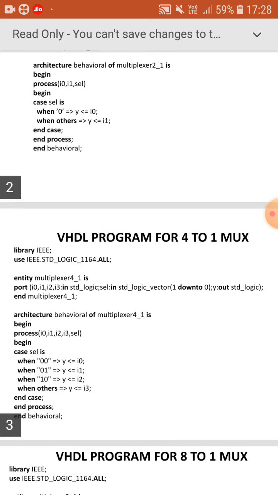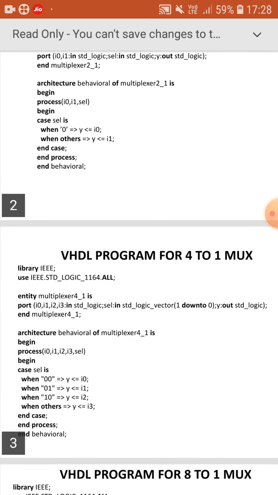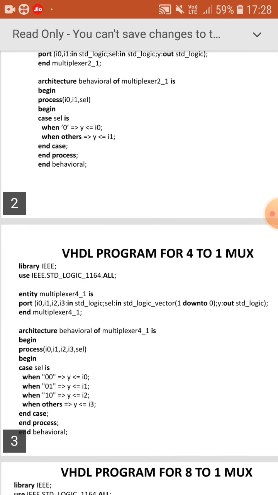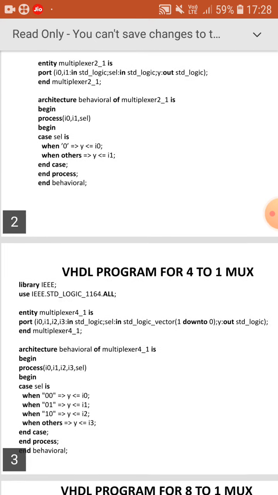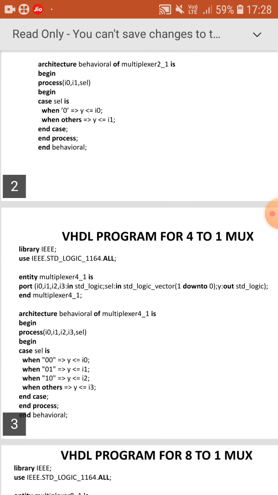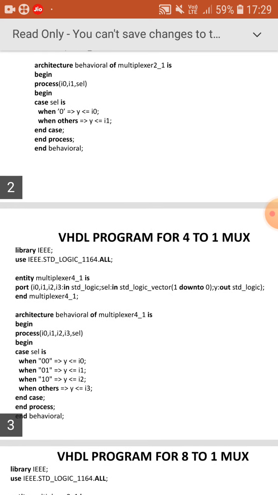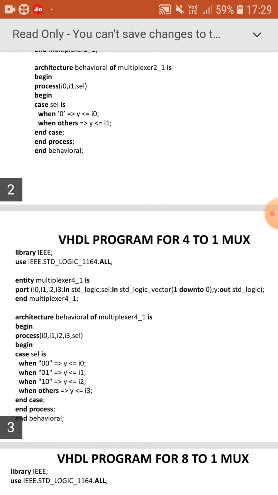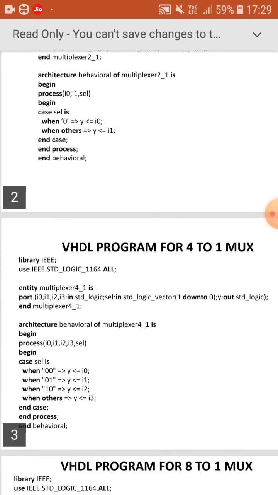Next you have to use begin. So I am writing begin. Next I am using process and case statement to define the logic of the 2 to 1 multiplexer. So process, open the bracket, I0 comma I1 comma SEL.